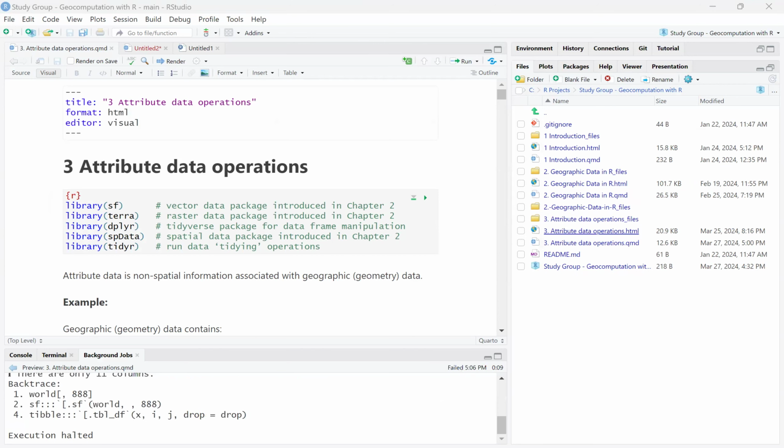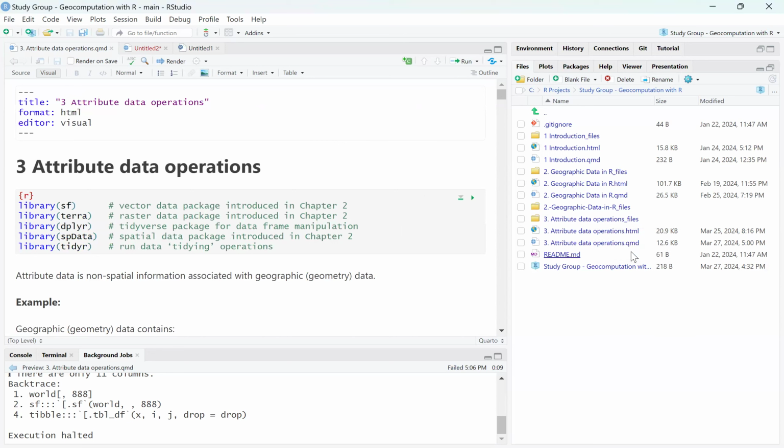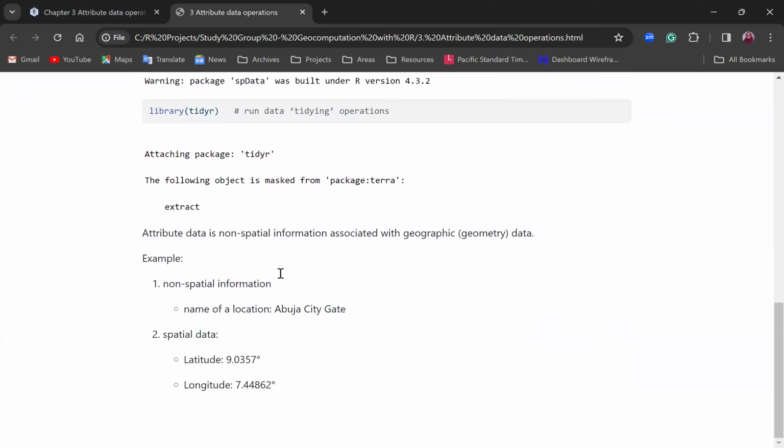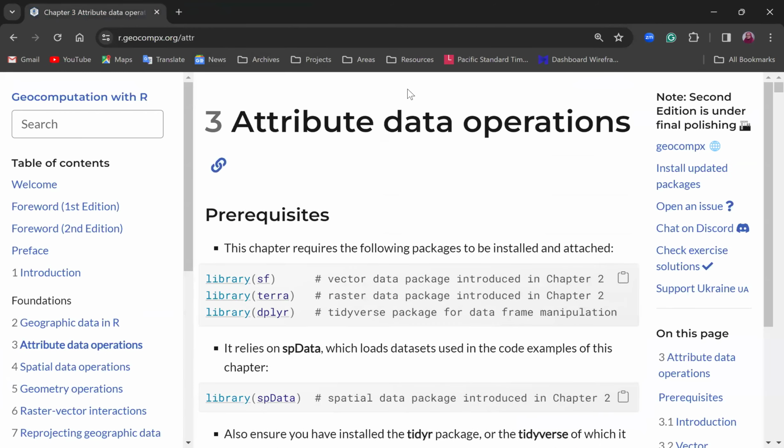Let me show you inside. I don't know why it's misbehaving, but this is the document in my RStudio. This is the HTML document. If I click on it and choose Open in Browser, it will take you to my browser. You should be able to see it as a new tab after my main document. I have everything here that is being loaded. I don't know if there's an error on my document. So that is how you create